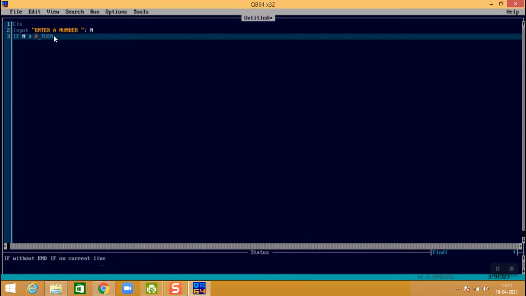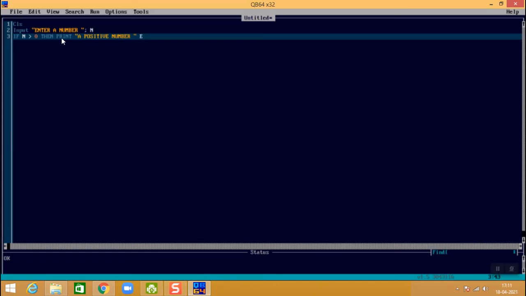Then print a positive number. Else. It's again showing an error, so I have to clean up my statement.